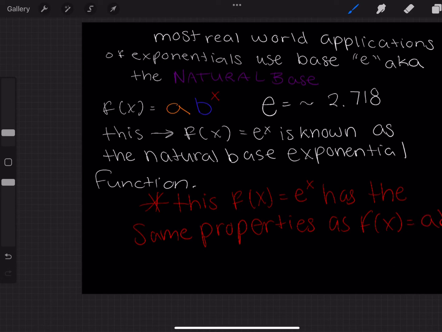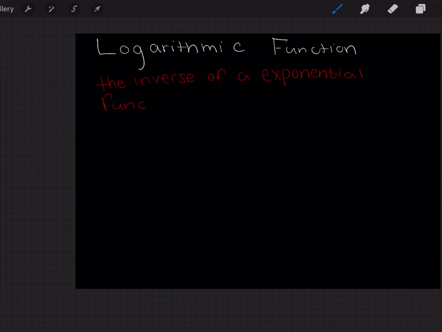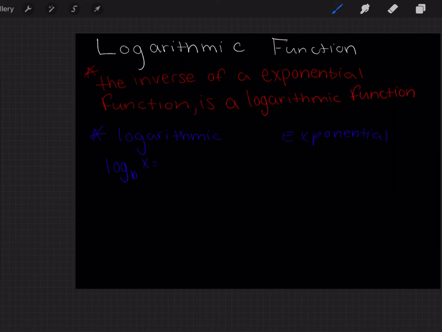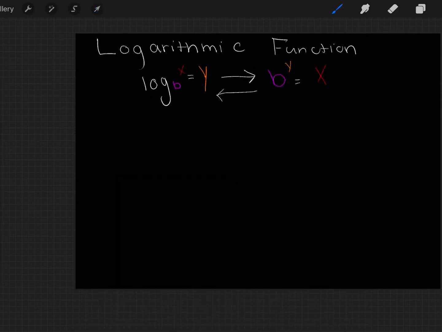So now, logarithmic and exponential functions. A logarithmic and an exponential are always taught together. A logarithmic function is the inverse of an exponential function, and vice versa. So you can see that our logarithmic functions are the inverse of our exponential functions. And using these formulas with just the variables, you can plug your logarithmic function and your exponential function in and find the inverse. So now that we have that formula,